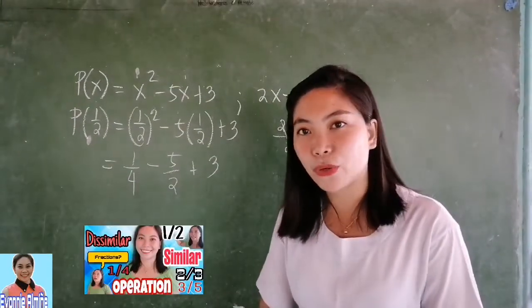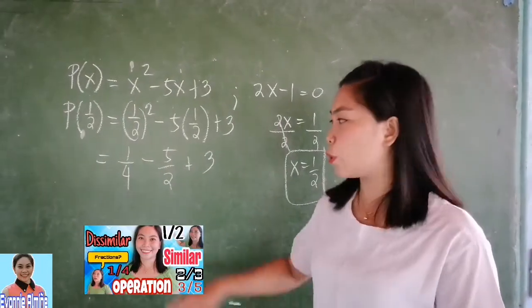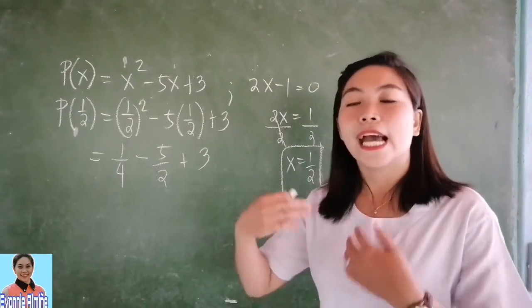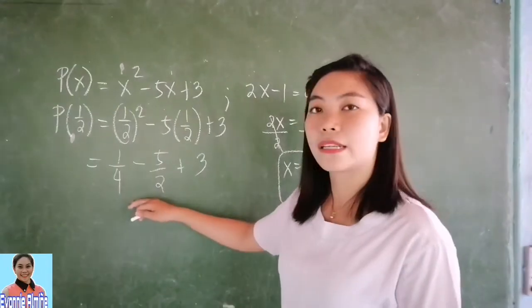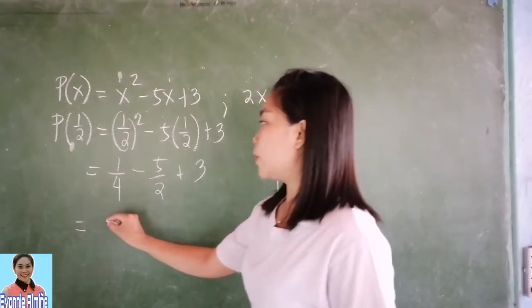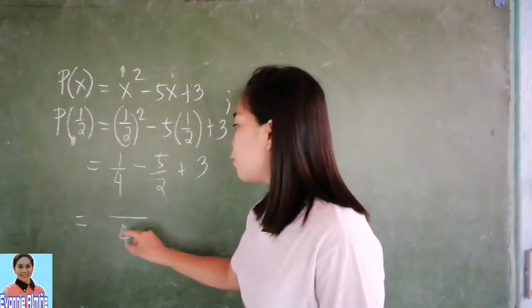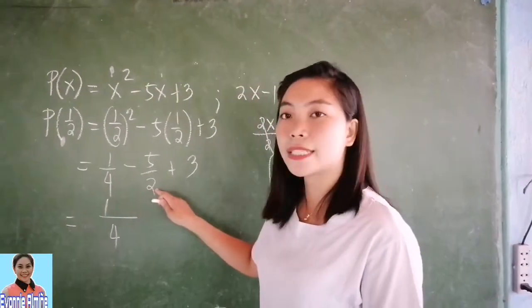So, sana po napanood ninyo yung operations on similar and dissimilar fraction na video ko. Kasi po, andun po makikita ninyo yung process in adding, subtracting, multiplying, and dividing similar and dissimilar fractions. So, para mas madali po natin. So, let's find, of course, the LCD of this. We have 4. So, 4 divided by 4 is 1, multiplied by 1 is 1. 4 divided by 2 is, of course,